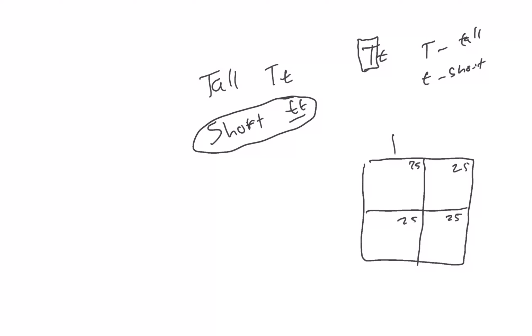So in this case, we're going to have a heterozygous parent, big T, little t, crossed with a homozygous recessive, which is little t, little t. And so what's going to happen is that big T, which is right here, is going to come down. That big T is going to come from up here. And the little t is going to come in from the side over here, and that little t is going to be right there. So anywhere that little t shows up is going to be right here. It gets a little t from the left-hand side over here, and it gets a little t from the top